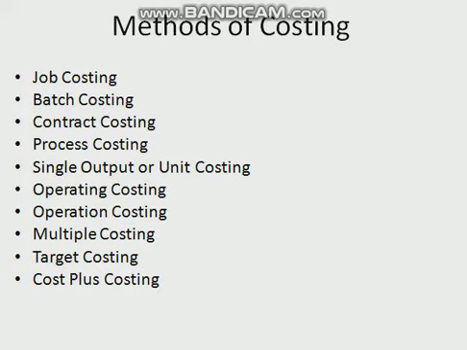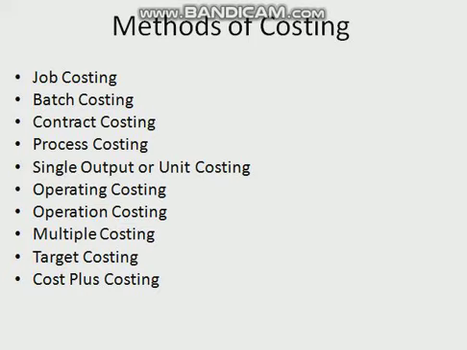The second method of costing is job costing. Job costing is a method of costing applied in industry where the production is measured in terms of completed jobs. Each job is treated as separate and distinct from other jobs or products. Industries where job costing is generally applied are printing press, automobile garage, repairs, workshops and other similar manufacturing units which manufacture to the customer's specific requirements.